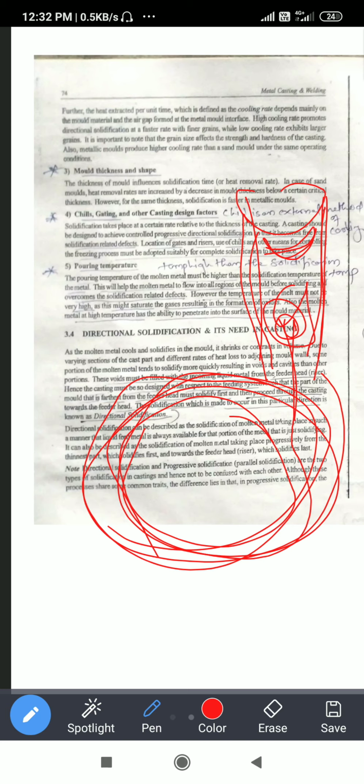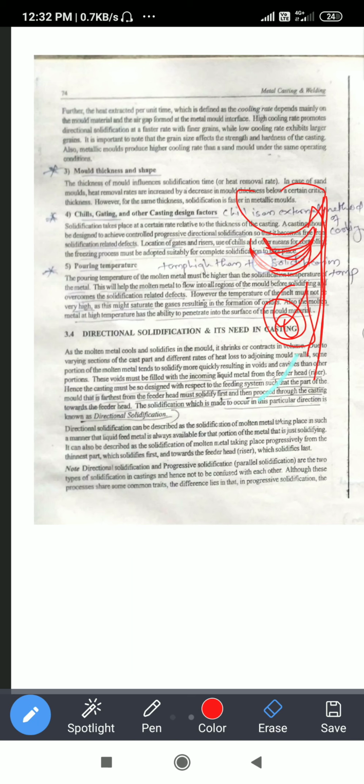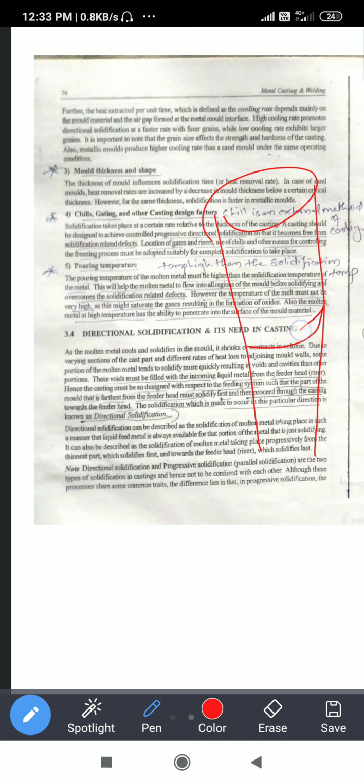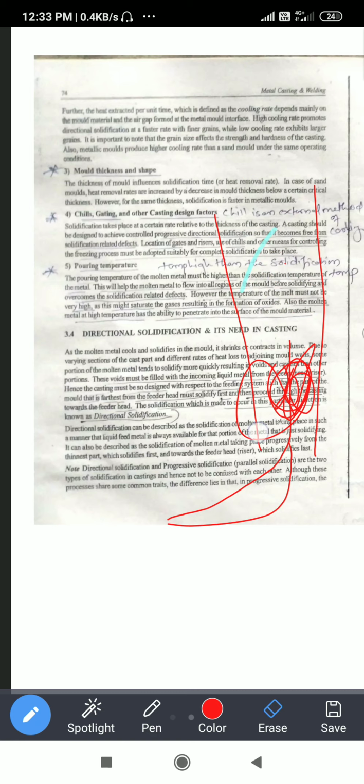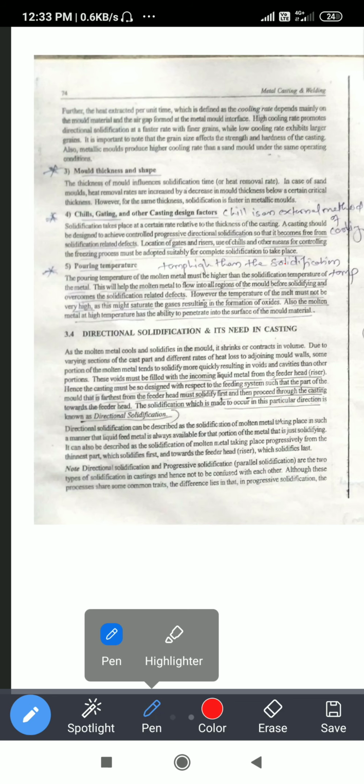Just imagine if this part is solidified and over here at the top the liquid metal remains liquid. What will happen? Whatever liquid metal is there will not enter the cavity, because the solidified portion has already blocked the liquid metal above from entering the cavity. For that reason the riser should be designed in such a manner that from the bottom, so see,